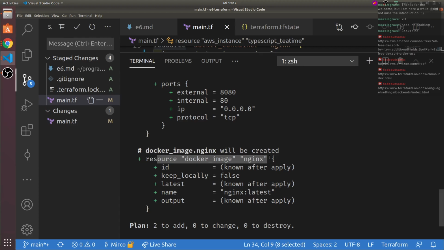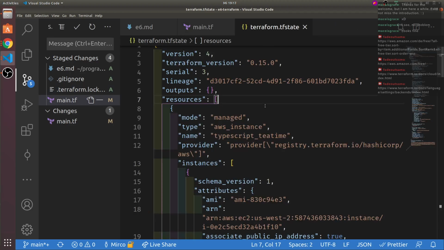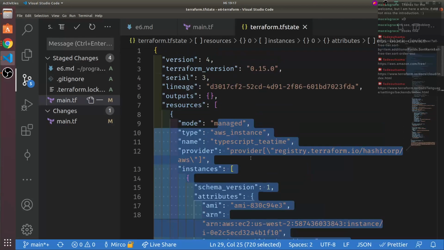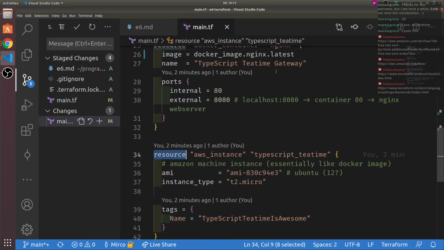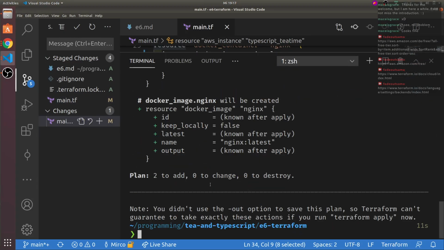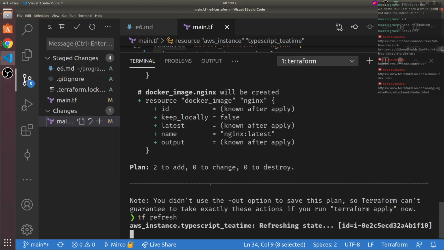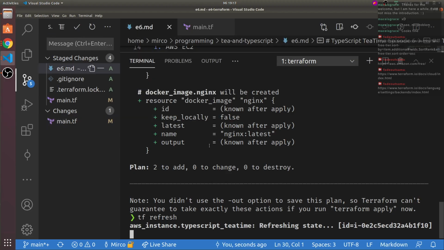But it does not show the AWS instance right now, which is interesting because it has to do nothing. And it uses, again, this state that we have here to determine everything is fine. And in particular, there's also this refresh command, which is implicitly run when you do the plan.